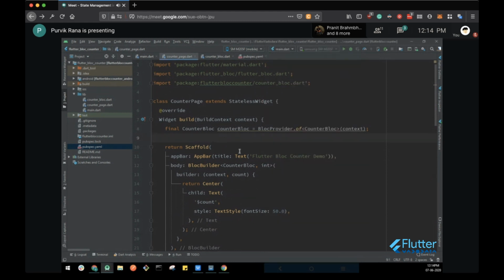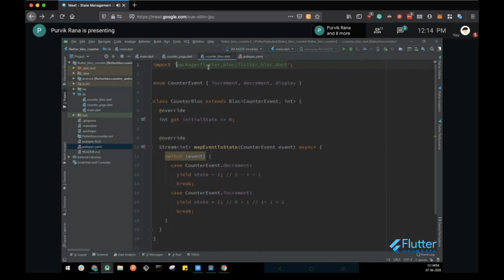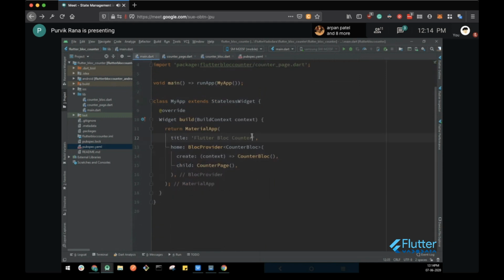So from the main, we have implemented the bloc over here. That is the counter bloc with the initial state and map event to state. Now we have to pass this bloc to our screen. So from the main, wrap this particular counter page with the bloc provider, which consists of the type of the bloc that it is passing to this particular screen.